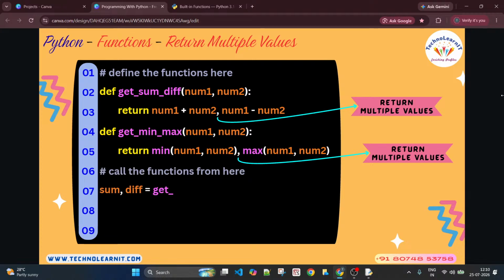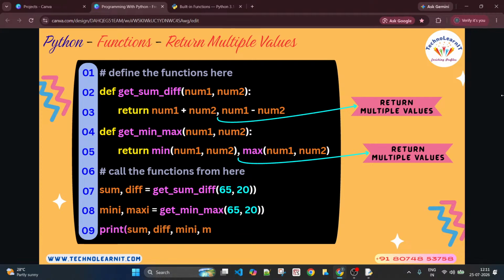It is the same thing, right? But in this case, functions are returning more than one value, so you need to specify more than one variable on the left hand side so that you can capture the return values properly into the variables. In fact, this is nothing but a tuple. It creates a tuple actually in this example, right? Of course you can print them now: sum, difference, minimum and maximum.